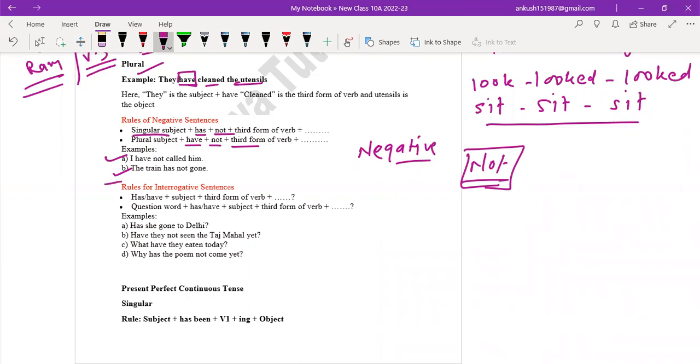How can we make it interrogative? See, in every sentence you will find these things. Okay, here, just if you want to